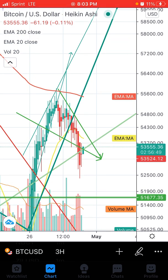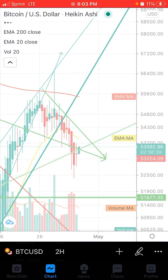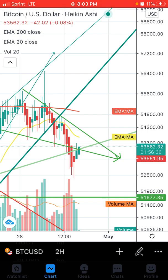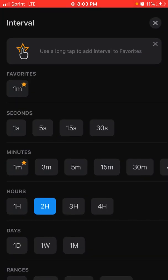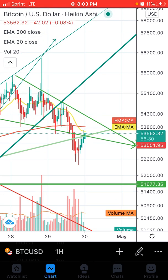You see, the first thing I notice when I see this one green candle on a 3 hour is the volume. It's nowhere near good volume. It's horrible volume. 2 hour time frame, 2 candles, horrible volume. 1 hour time frame, even uglier volume. Now, if you wonder why we have uglier volume